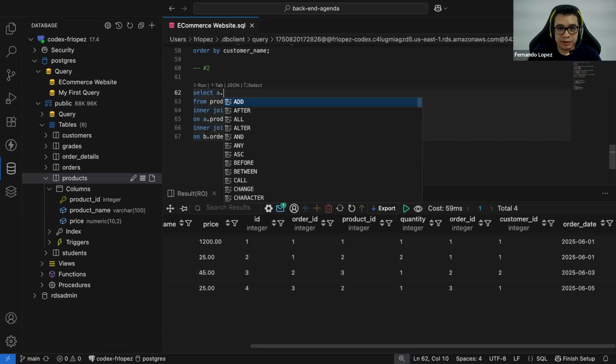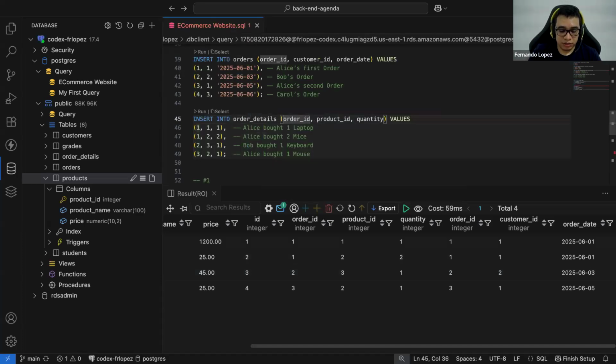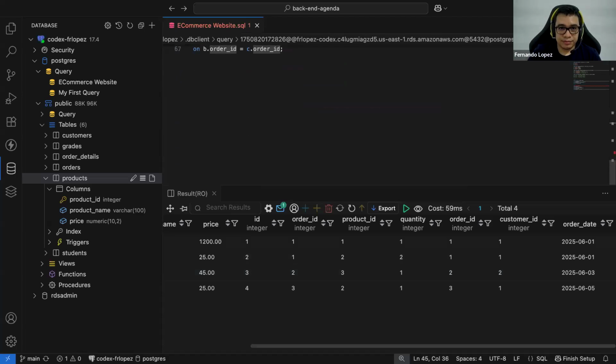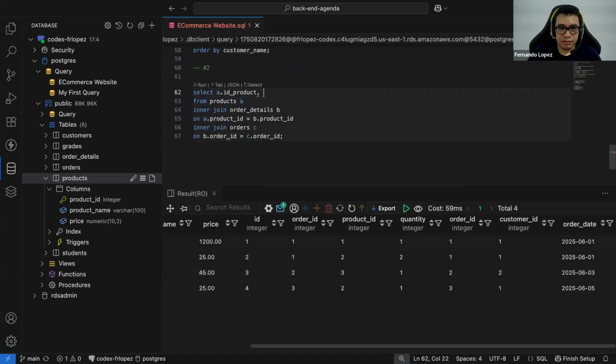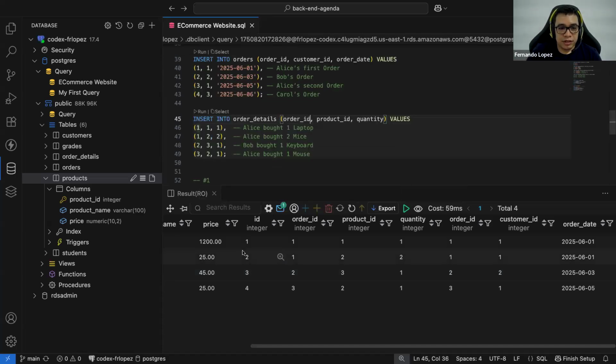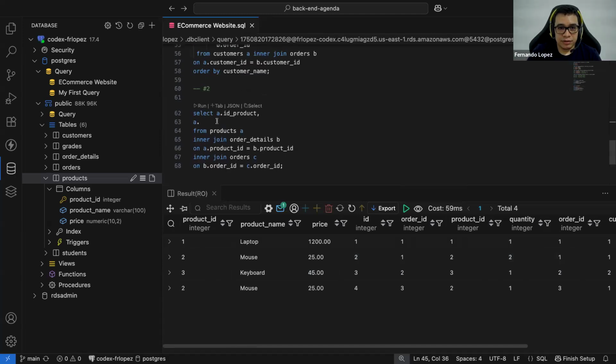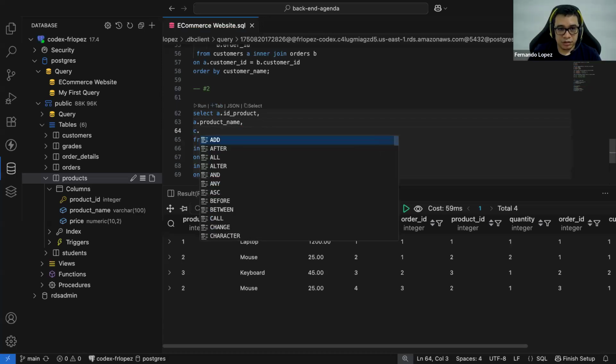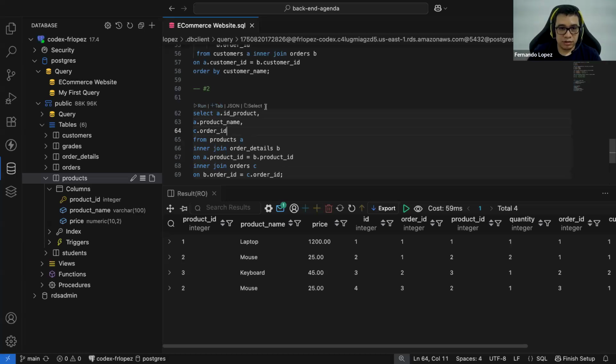We need to grab the ID of the product, the name of the product. I think it's product name, right? It's product name, yeah. And then we're going to grab from C order ID right now.